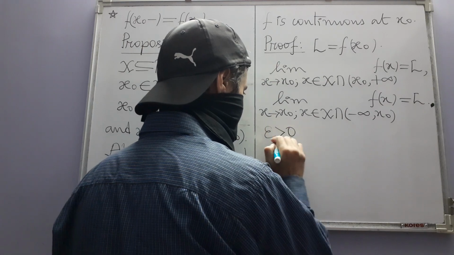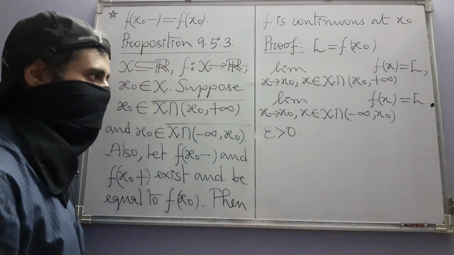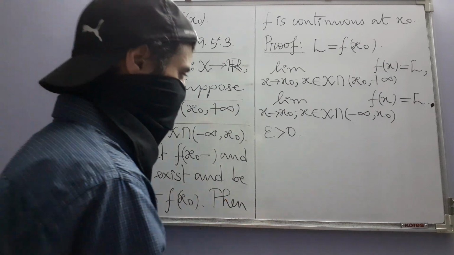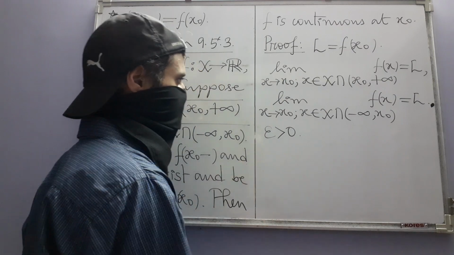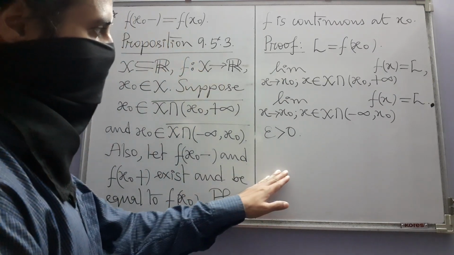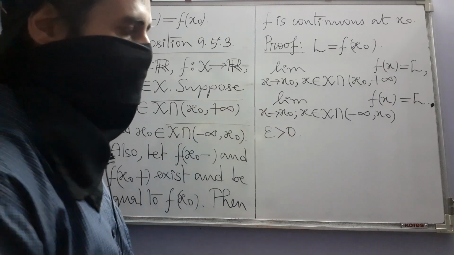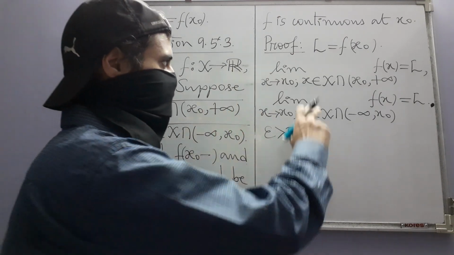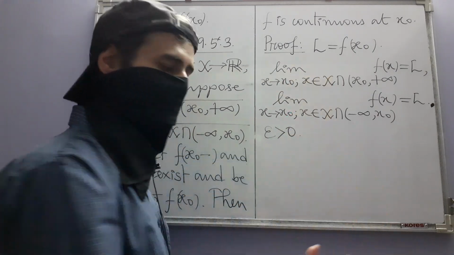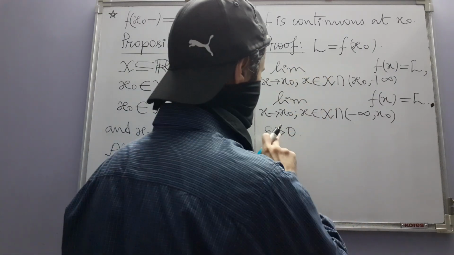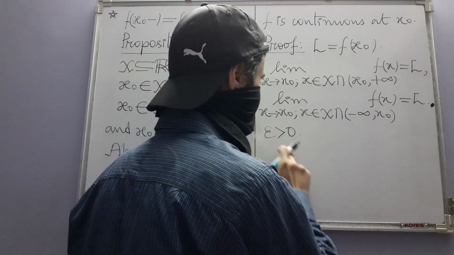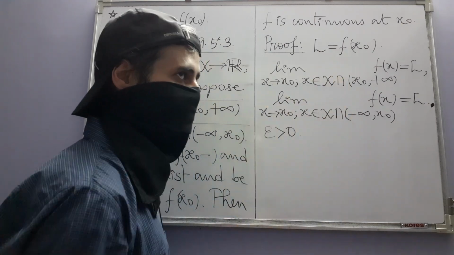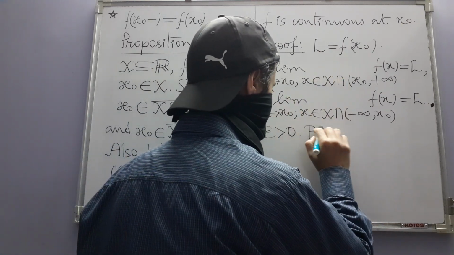The text has not used the sequential formulation of limits. If you want, you can use. I think in that way also one can approach. But anyway, here we need to consider epsilon and delta. So now let us forget about one-sidedness of these limits. These are, after all, fine. They are one-sided limits, but actually at their heart they are just limits, right? So for this epsilon greater than 0, we are going to get delta 1 and delta 2 for these two limits. So there exists